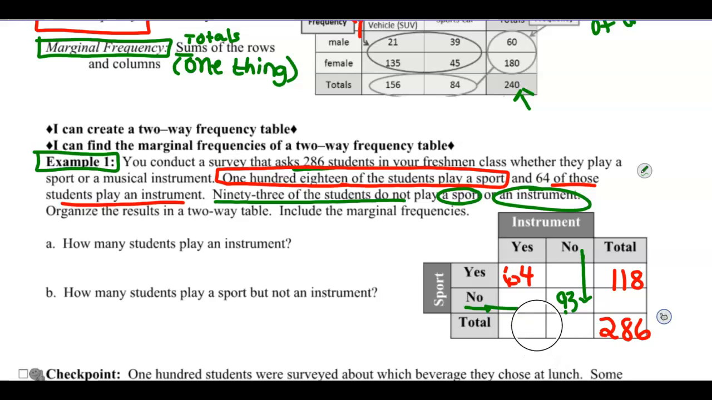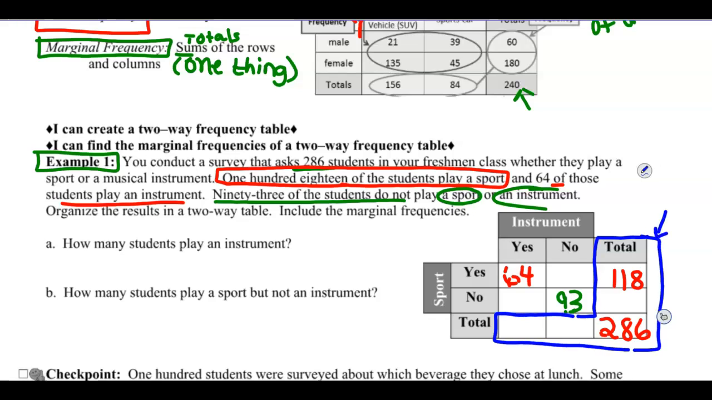So we're just filling out the table based on the story problem. We're picking out information. 93. And then it says we're going to organize these results in a two-way table and include the marginal frequencies. So when we have some numbers, we can figure out the other numbers. So remember, I'm going to put our marginal frequencies or our totals over here in blue and maybe label so I can remember